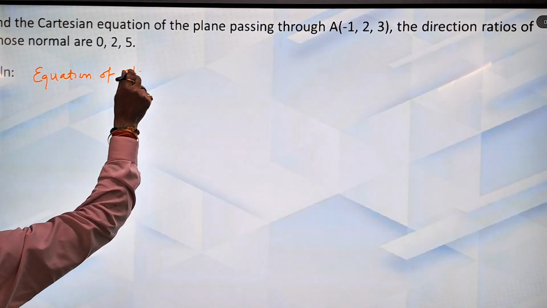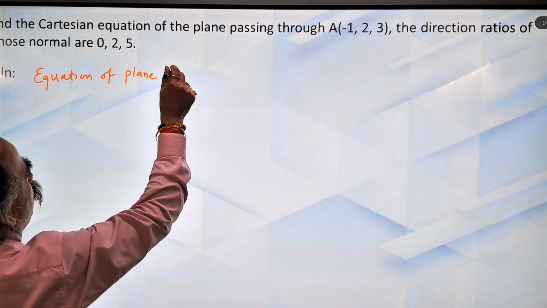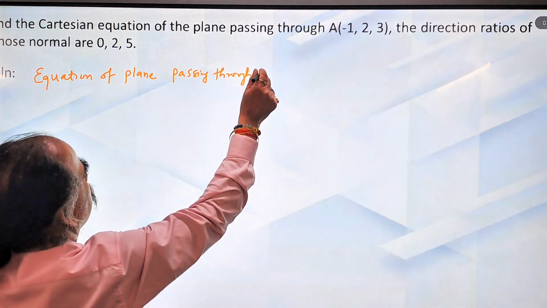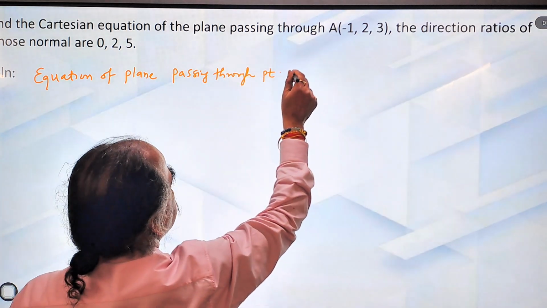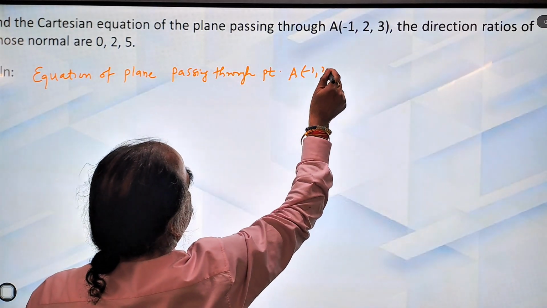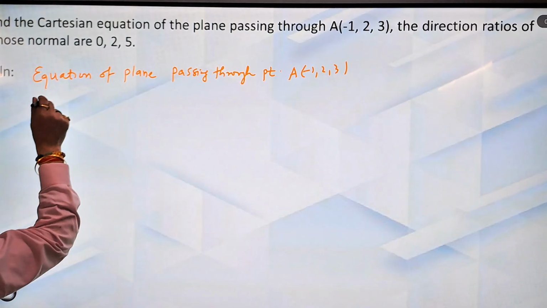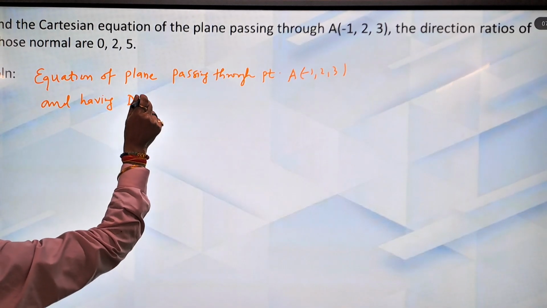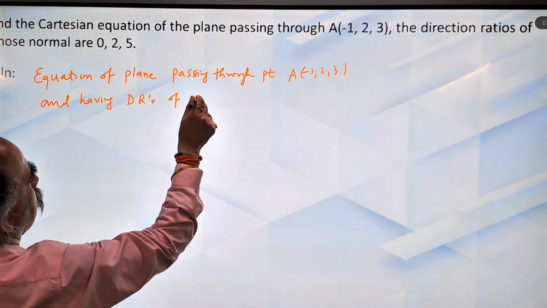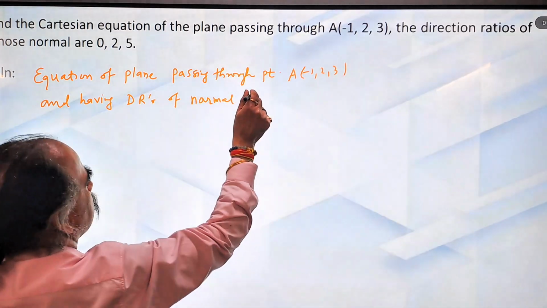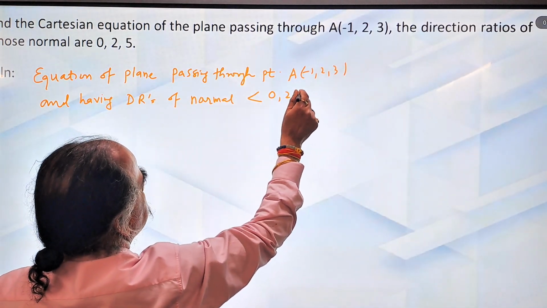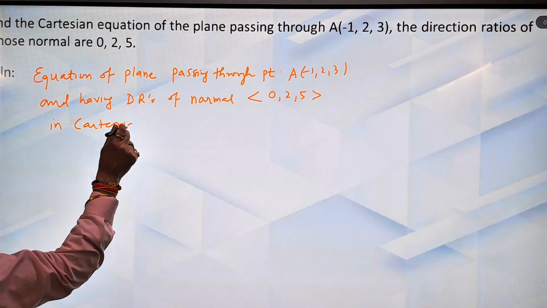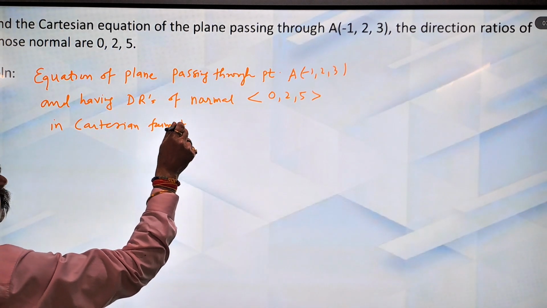Equation of plane passing through point A(minus 1, 2, 3) and having direction ratios of normal 0, 2, 5 in Cartesian form be given as